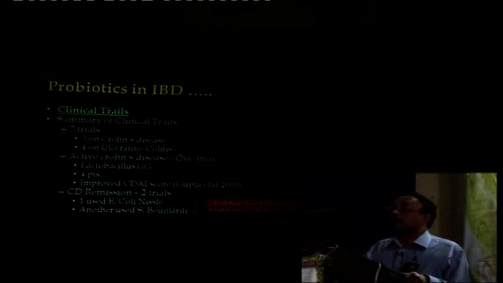This is the summary of clinical trials, 3 on Crohn's disease, 4 on ulcerative colitis. There are few trials, and in both diseases, probiotics have been shown to be beneficial. This is one of the trials comparing E. coli Nissle with mesalamine, and the relapse rate is similar to that of mesalamine, which is supposed to be standard treatment for ulcerative colitis. The concerns are few trials of probiotics with IBD, and the doses and quality control are not